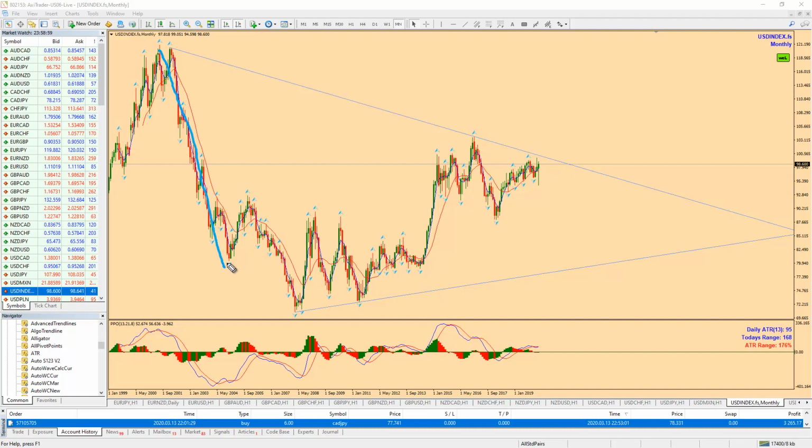We have a flat, and that's comprised of this type of movement. So the next move we would expect for price to continue back down. So this of course will take a while to play out,